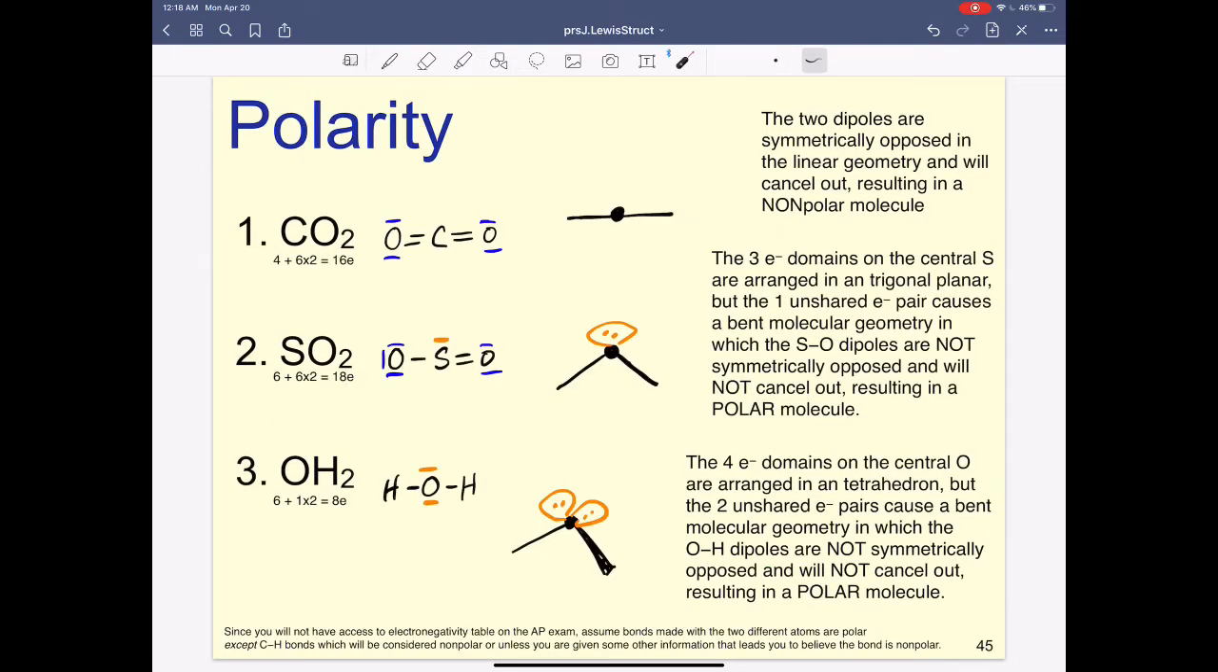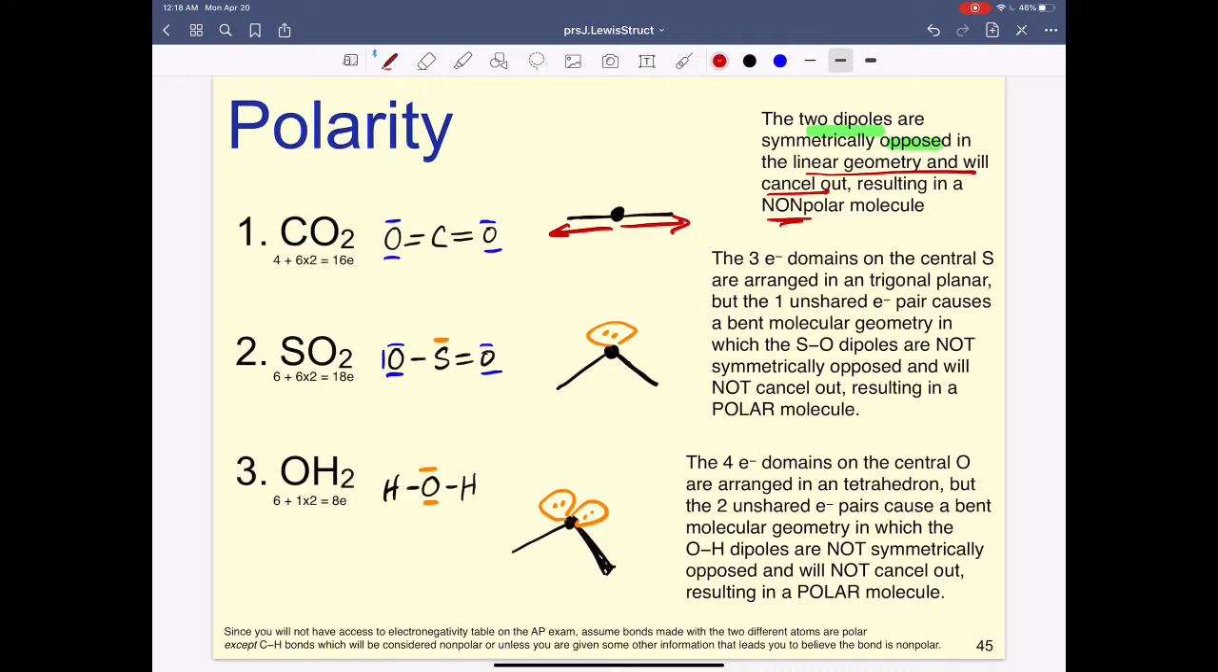So, assuming you can draw a Lewis structure for carbon dioxide, the next most important factor is to consider the electron domains surrounding the central atom. In the case of carbon dioxide, there are two electron domains, and thus these two dipoles are symmetrically opposed in opposite directions, with the negative end as the oxygen, and this linear geometry will cancel out the two dipoles,